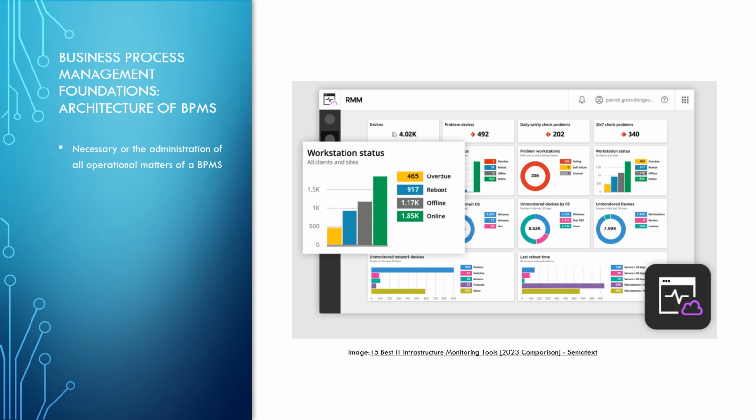Administration and monitoring tools are necessary for all operational matters of a BPMS. Administration tools are also required to deal with exceptional situations, for example, to remove outdated work items from the system. Administration tools are also equipped with process monitoring functionality. One can use these tools to monitor the performance of running business processes, in particular with respect to the progress